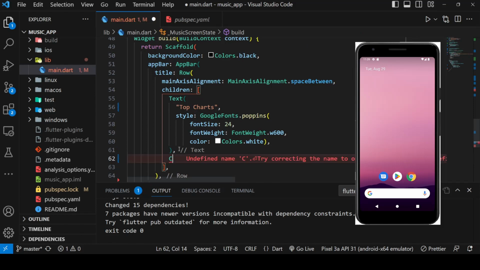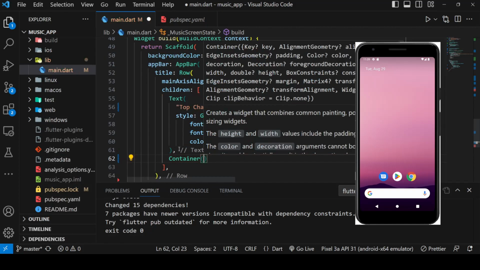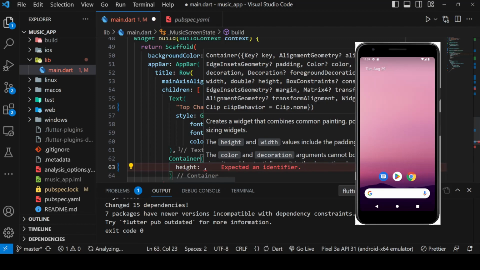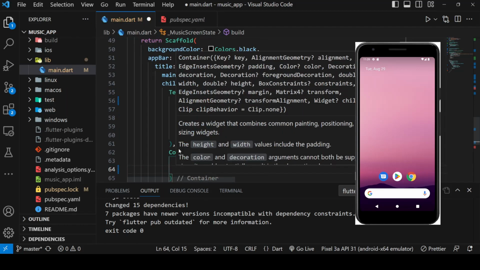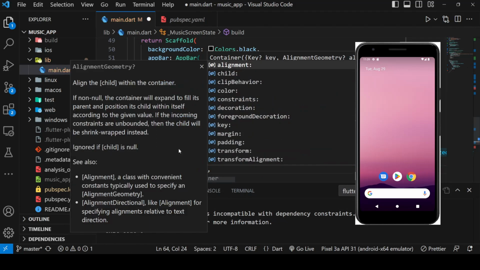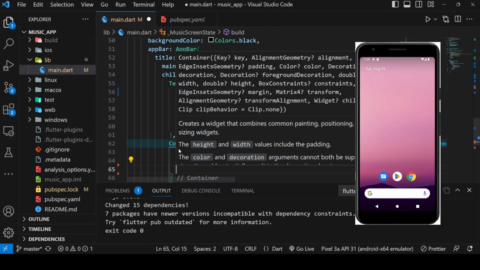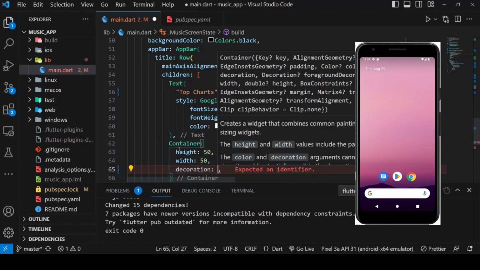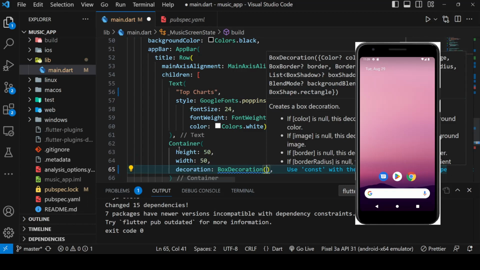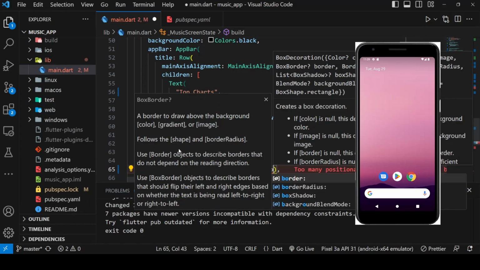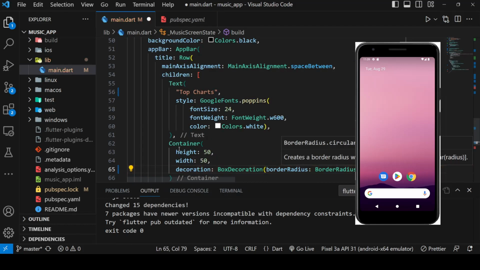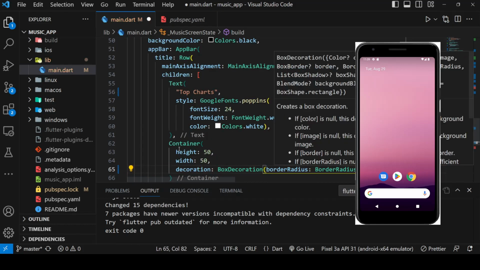And after the text, let's make a container, which will be of height 50 and width 60, not 60, it's also 50. And decoration with box decoration inside, border radius of circular 100 and